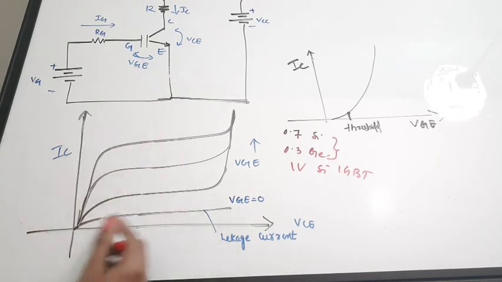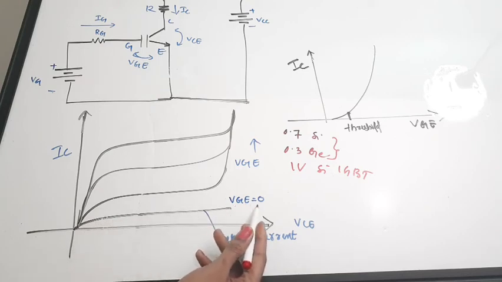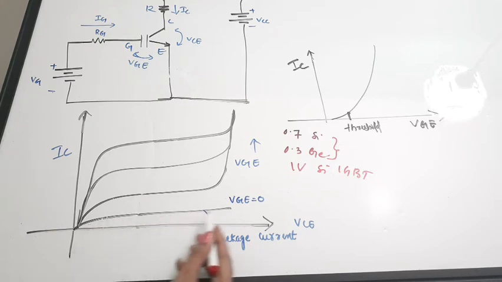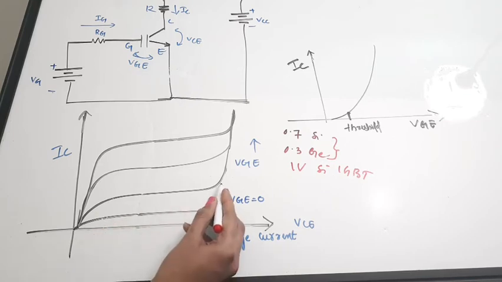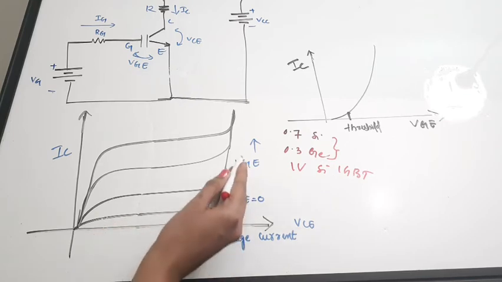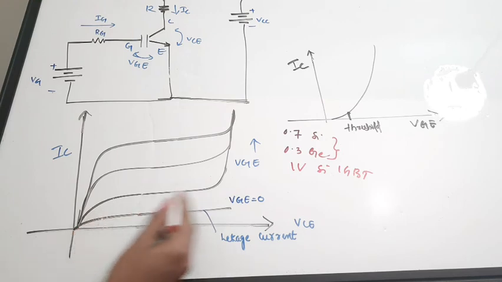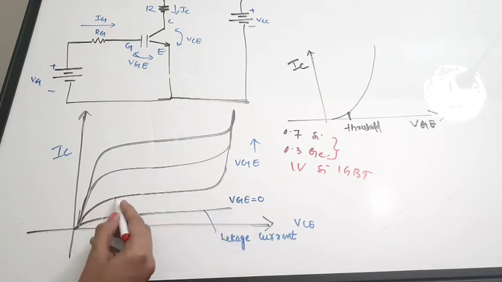While explaining the layered structure, we have seen that when VG or VGE is equal to 0, there is only a very slight value of current, and it is actually due to the minority carriers, and it is the leakage current. But consider that when we are increasing VG, see here the VG is increasing. When we are increasing VG, what will happen? The current will also increase.